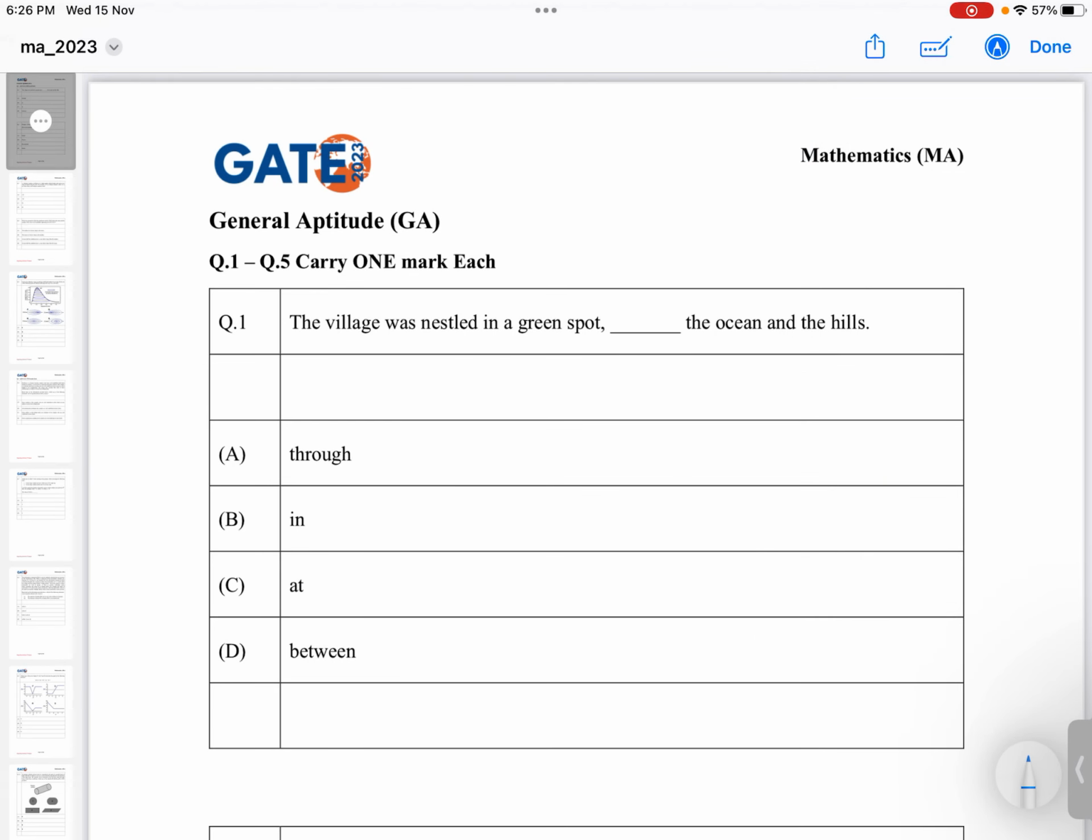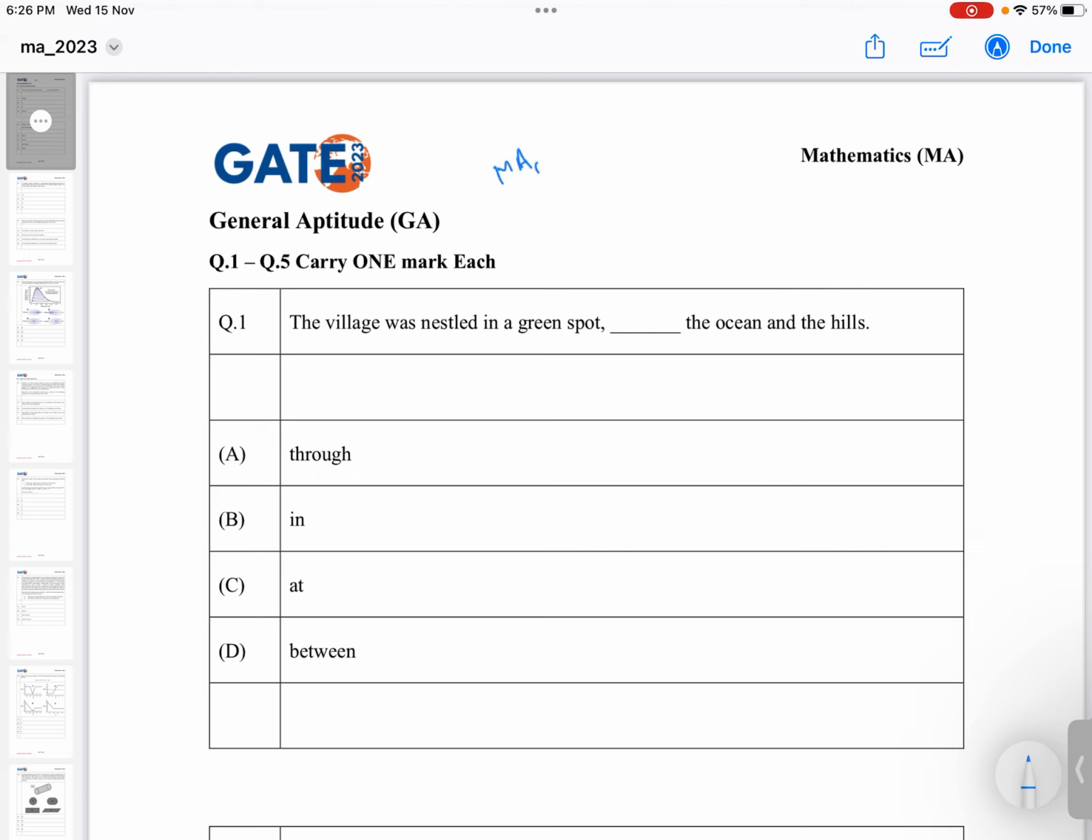Okay, so let's start with today's session. What we are going to do is solve the previous year questions from GATE. In this series we will solve the questions based on linear algebra. So we have the questions of linear algebra in